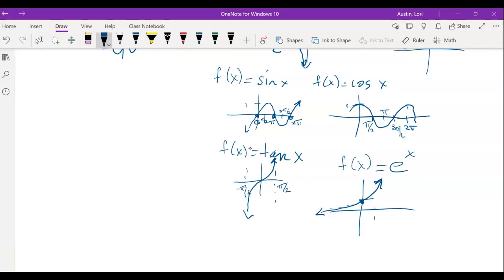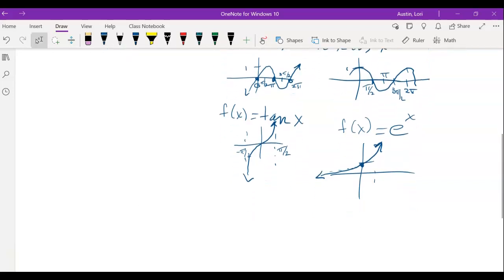Okay, because e to the x can never actually equal 0. And because e is positive, e to any x value, whether the x value is negative or positive, can never be a negative number. So there's your graph of e to the x. Know that graph. The inverse of e to the x,